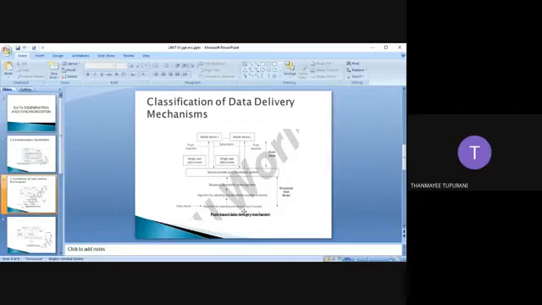Only that file which the client has access to should be able to be selected. No irrelevant or out of context data should be sent from here to the mobile device. So this is a simple example of your push based data delivery mechanism.